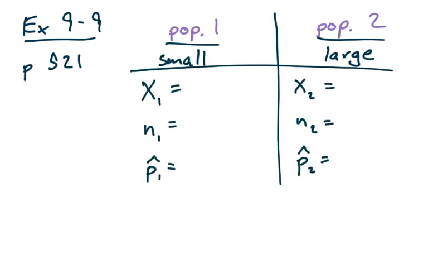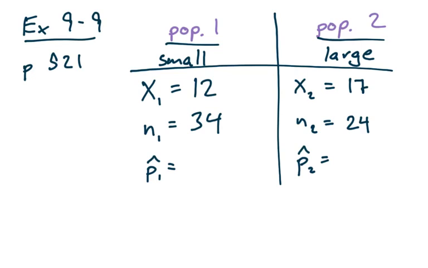So I've arbitrarily said the small nursing homes are going to be population 1. The large nursing homes will be population 2. It says 12 out of 34 randomly selected small nursing homes have this vaccination rate of less than 80%, and then 17 out of 24 randomly selected large nursing homes have this